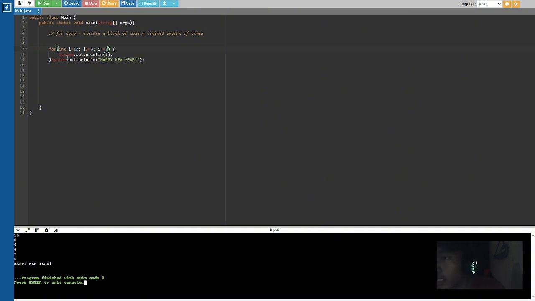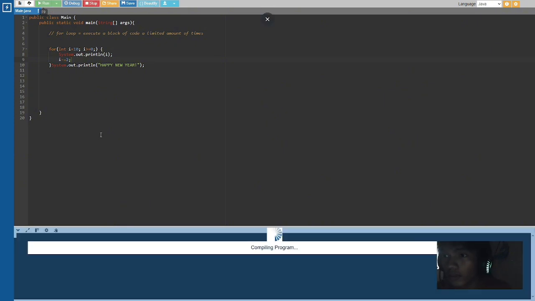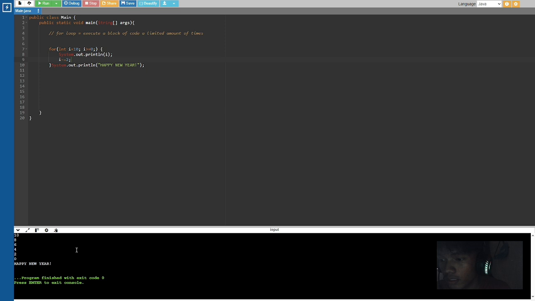So after it exits the for loop, it prints out Happy New Year. The next, you could also put this increment or the third statement down of this code. So system out there could also work.